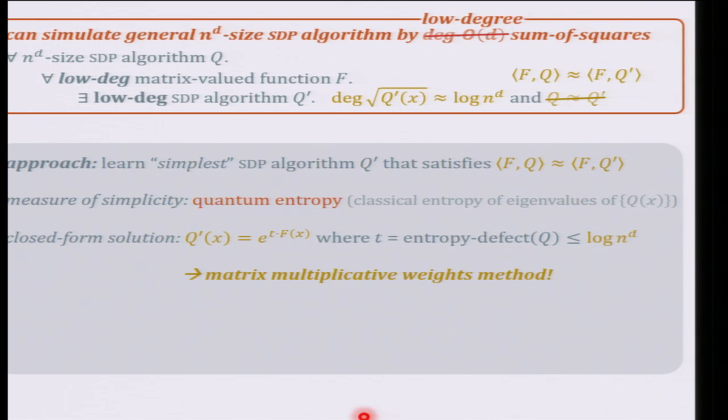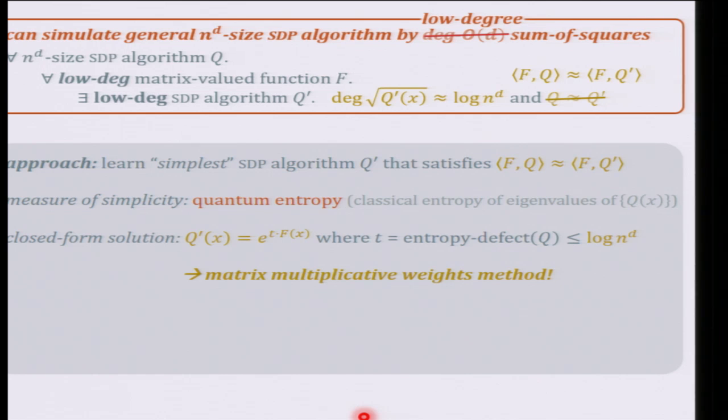maximum entropy solution satisfies. And it turns out that the maximum entropy solution to this problem actually has a closed form. And the form is you can choose Q prime to be the matrix exponential of t times f of x. Okay, where t turns out to be just the entropy deficit of Q, and you can bound t because